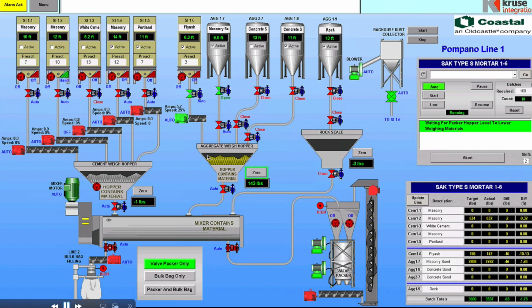All right, so we're waiting for all 3 hoppers. We're not using this one here to finish. Now, waiting for the valve packer. The valve packer is at low level, and it's waiting for the packer hopper level to go low, which means